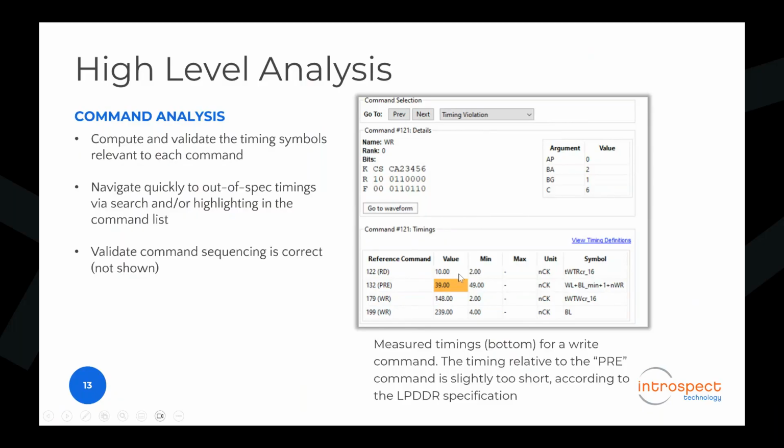And then you also get warnings about violations. So the particular command that we are looking at here is shown here. That's the truth table for it, and these are the arguments for it. And then the specification window at the bottom here is basically giving us the list of timing specifications that are